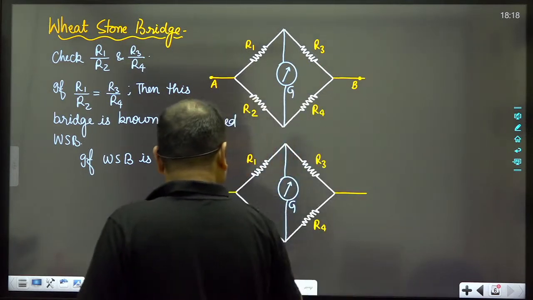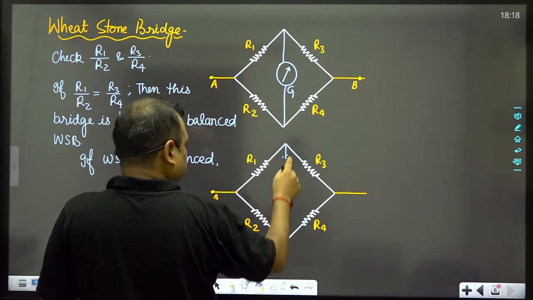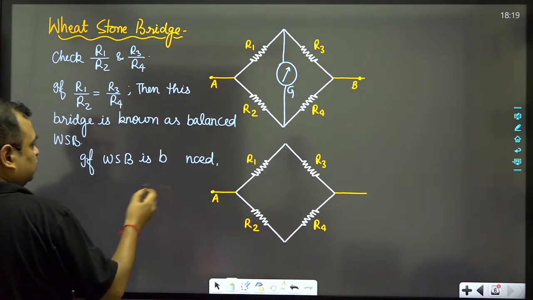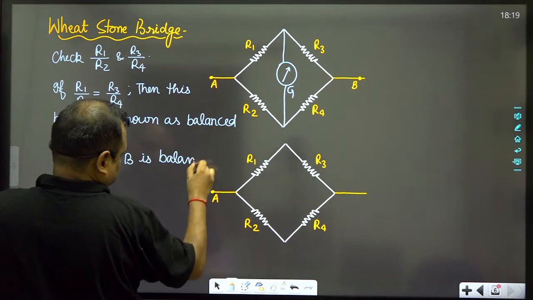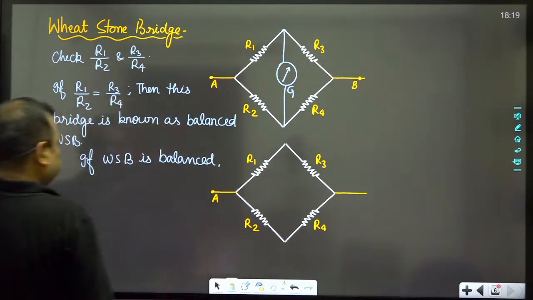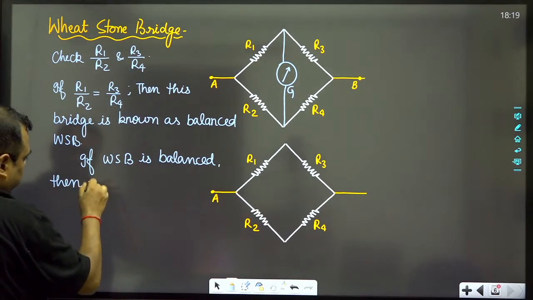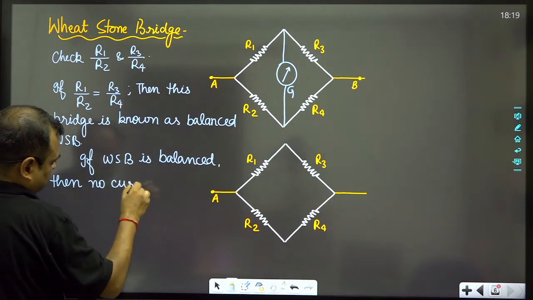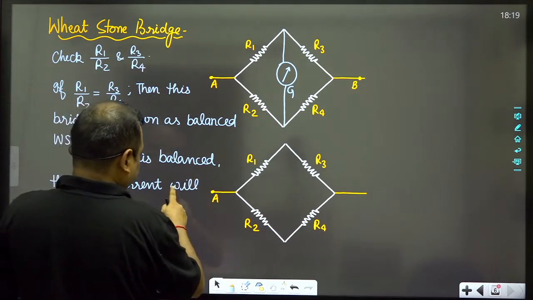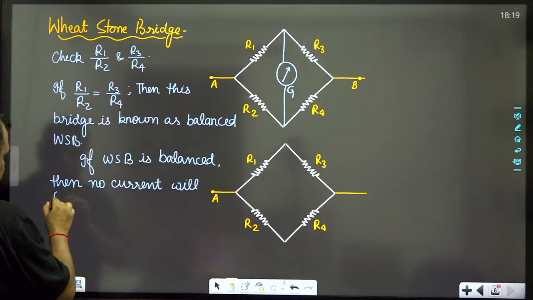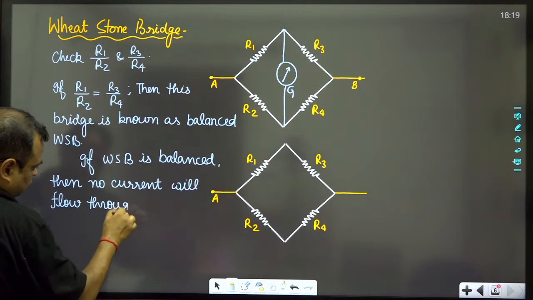If the Wheatstone bridge is balanced, then no current will flow through